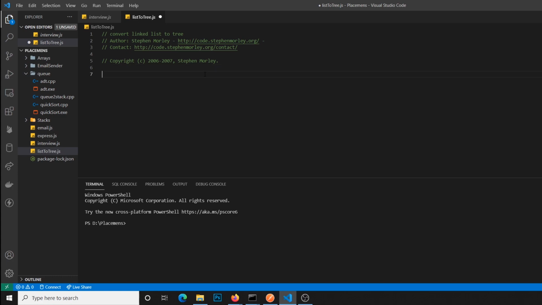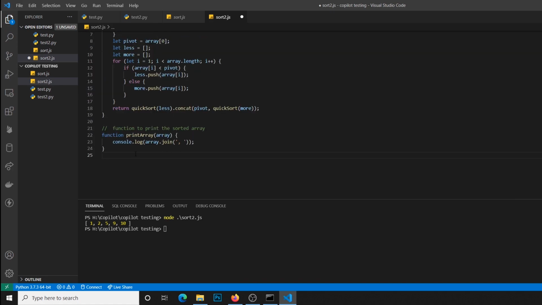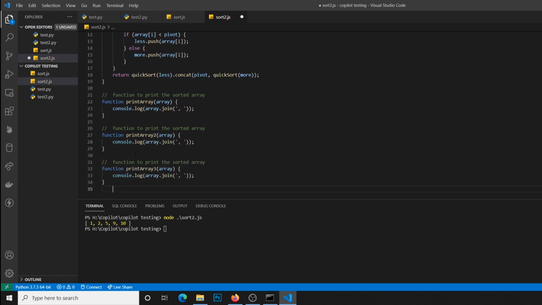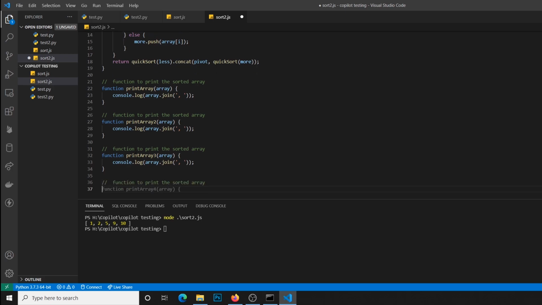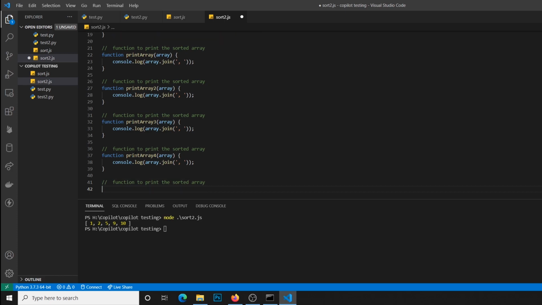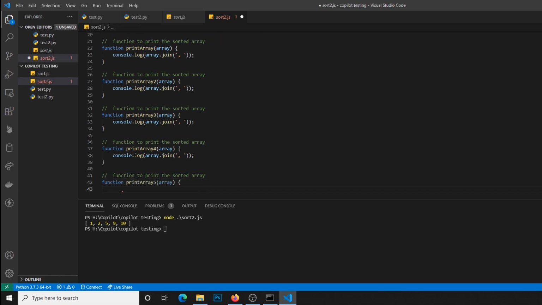Also, I'm not the only one who's observed this. A few other folks have also tweeted about this, and it was also posted on Hacker News. The number two funny part is, as you can see, this code is repeating by itself. The same function is being suggested, and this has happened to me not just once, but multiple times, where the same code is generated with different names, like 1, 2, 3, 4.